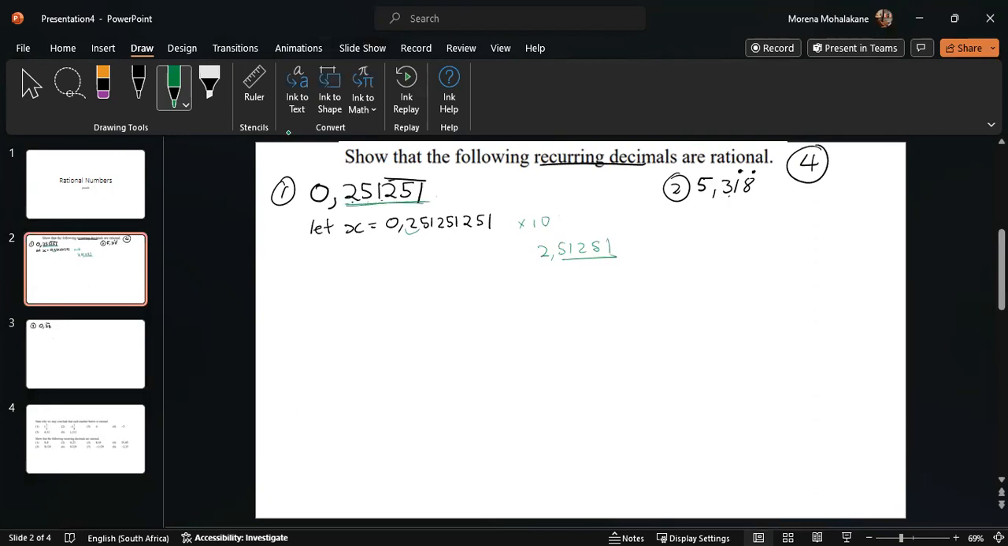So I can multiply by 100. Let's see, if I multiply by 100, it's going to move 1, 2, so it's going to be 25.1251, which is not really the same as this one here. So the key here is to multiply by 1,000. If I multiply by 1,000, it's going to move past the 1 there. So multiply by 1,000, so 1,000x is equal to